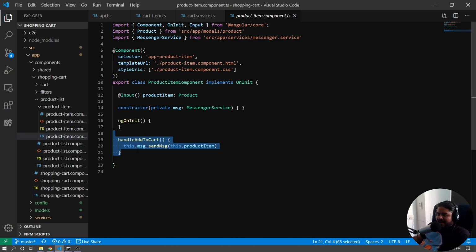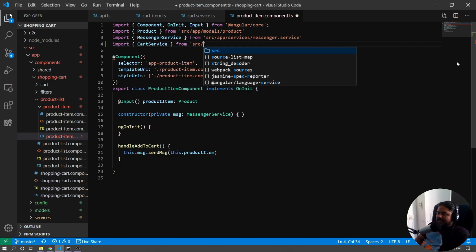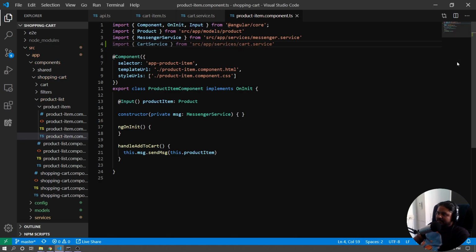Here we have a handle add to cart method. So the handle add to cart method would be basically going for the add product to cart method inside the cart service. So let's import the cart service here. So import cart service from src app services cart.service,